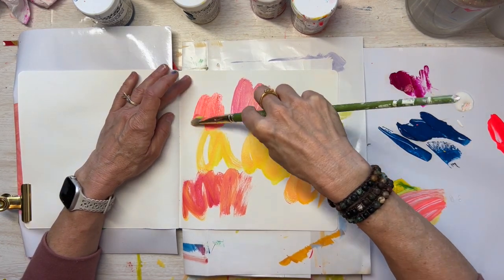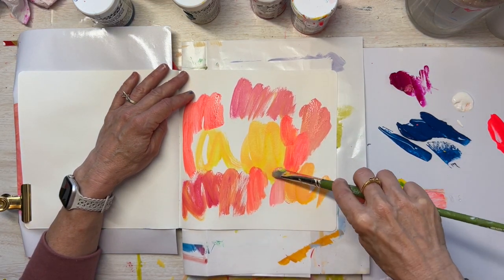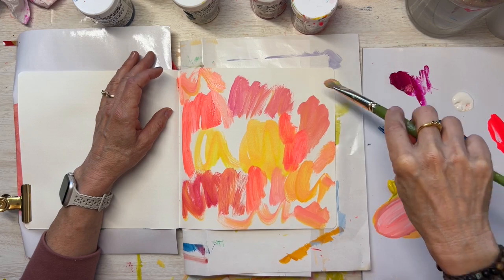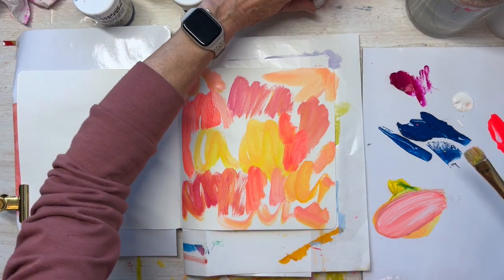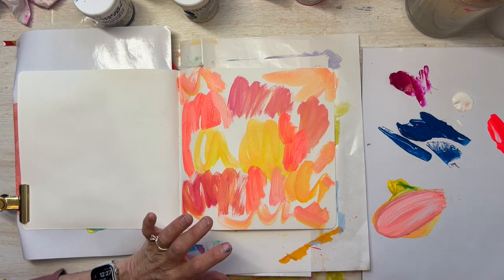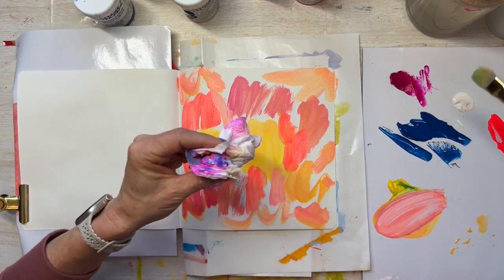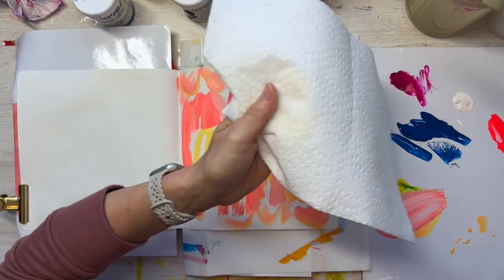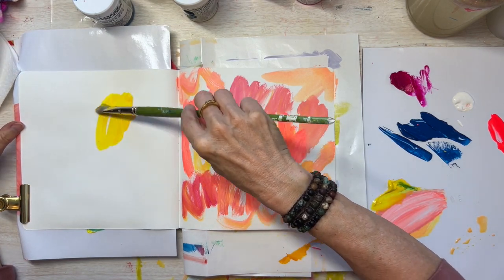And I'm not putting a ton of paint on the brush. And we can have areas that are lighter, where we use more water. All right, so now I will rinse so that I can do the more watery version, and we won't use any of the white over here. So it'll be more like a watercolor effect on this side. Okay, so just taking some of the same colors,